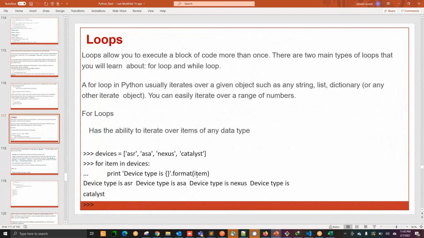Loop conditions: you need to learn three different types: for loop, while loop, and if else. All these three conditions we are going to use in our lab also. If you have a little bit of knowledge about for loop, while loop, and if else, these are very easy and straightforward. So for i equal to 0 to i equal to 10, print. It will print ABC, so print ABC for 10 or 11 times. While it is false, come out. If it is true, print. It's just the logic.